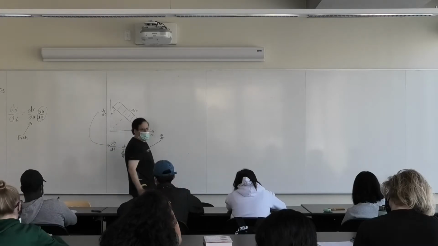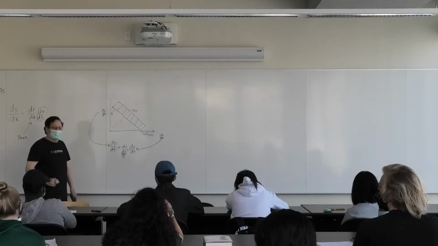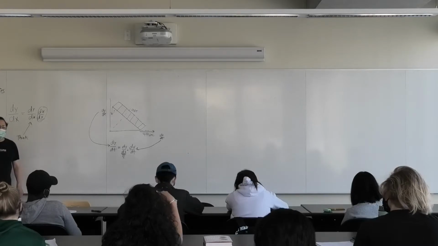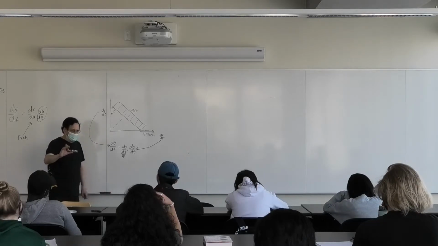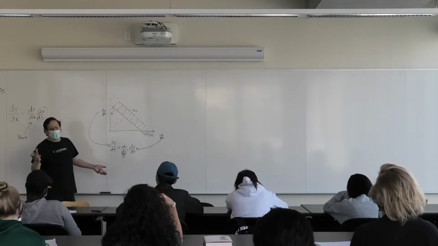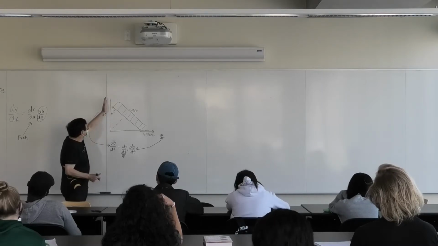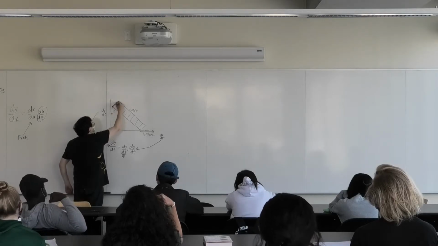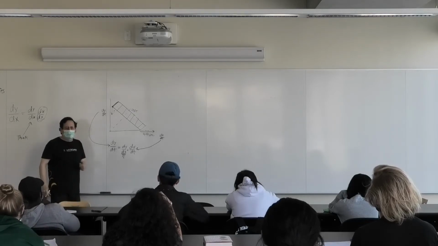I have a question. Sure. It's kind of hard for me to conceptualize what dy dt is and what the other variables are, so it's hard for me to figure out how to set it up based on the information you get. Well, let me address your first question first, in case it helps. dy dt, all right, so this is the y direction. This is the ladder, and we're thinking about the top of the ladder. And we're thinking about the change in y with respect to time. That's a velocity,